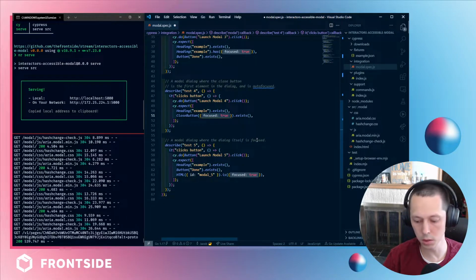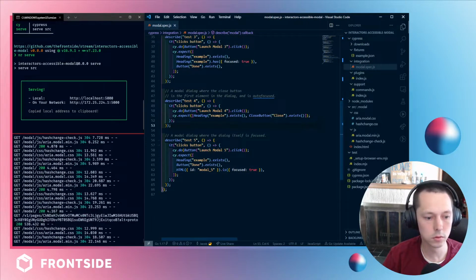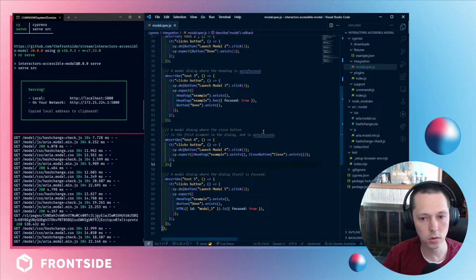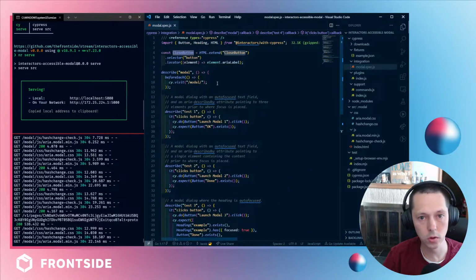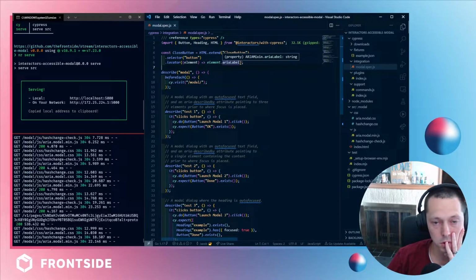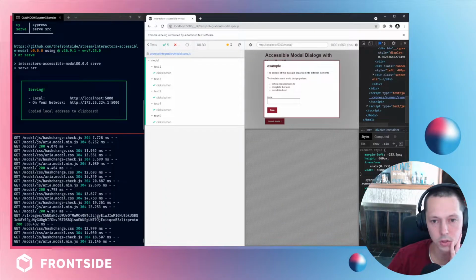Now we should be able to say close. And now, I mean, we can't even, I mean, it is always going to be closed. So what we could really do is, the locator is matching on that. I think you can do a default. I feel like it probably makes sense to